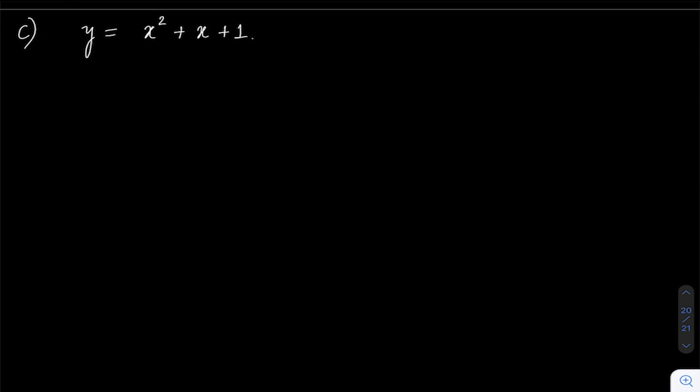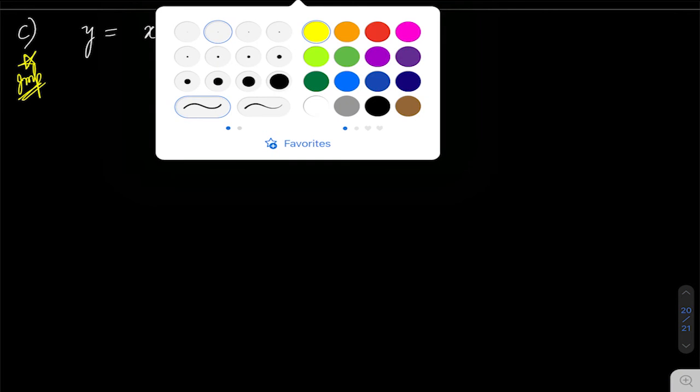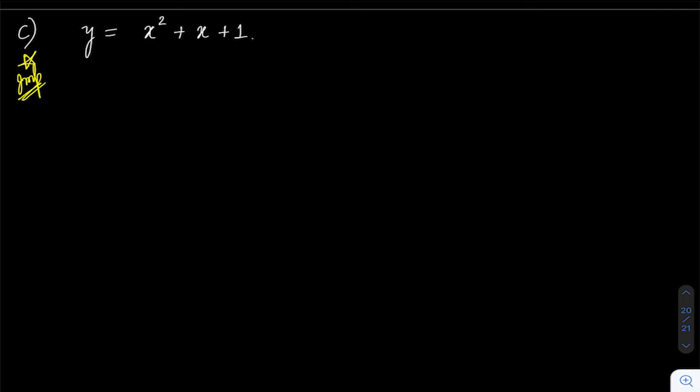Now this is an important graph. Why is this important? Generally in year 1, year 2 in GCSE level or AS level, they don't ask these questions, but this is also a quadratic. So let's quickly draw this and see why it is important. First thing is roots. Now you won't be able to find the roots of this. Why? Because the discriminant of this, b square minus 4ac, is negative. So it will give me non-real roots. So obviously non-real roots I can't mark on the x-axis. That's one thing. Okay, next thing.